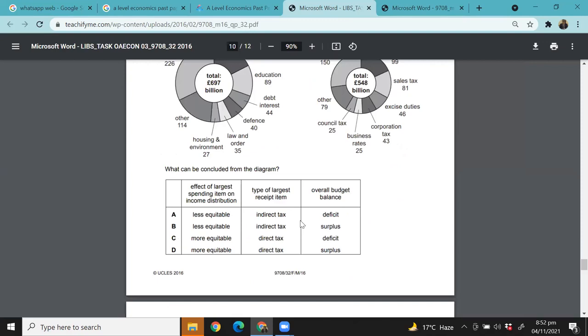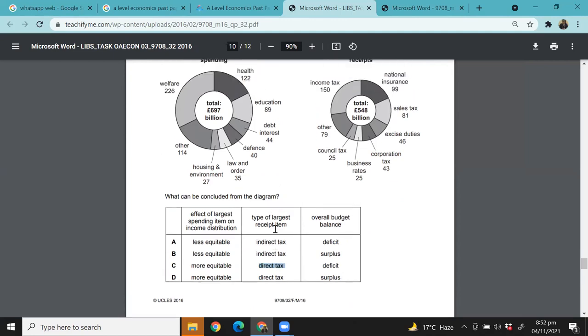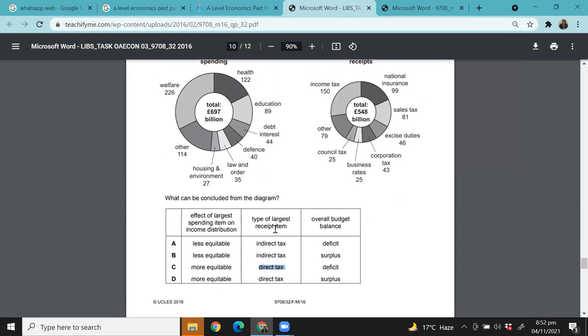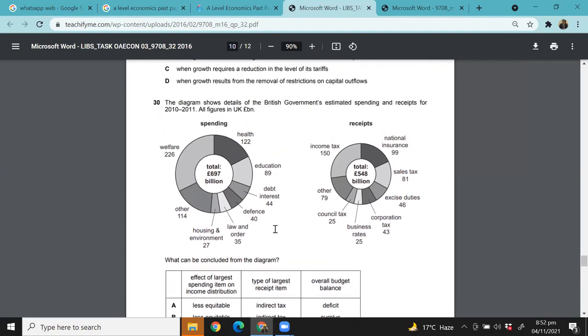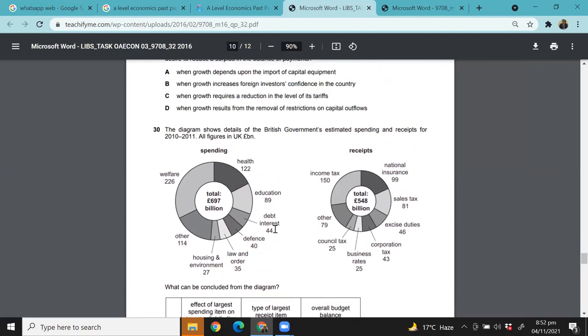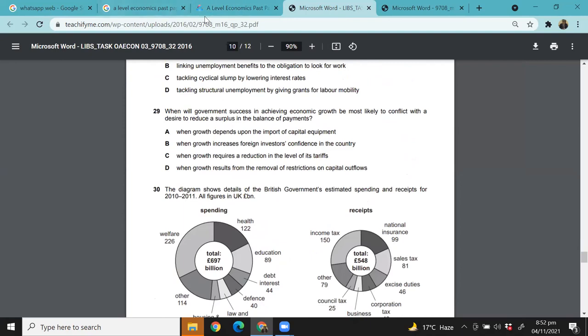Any confusion so far? Do you want me to explain it more? So we did not have to do the calculation of how much the largest receipt item is. So it's always important to understand the question and then see what you are expected to do. Isha and Rubab, is this clear? Can you move on? Now the next question says,